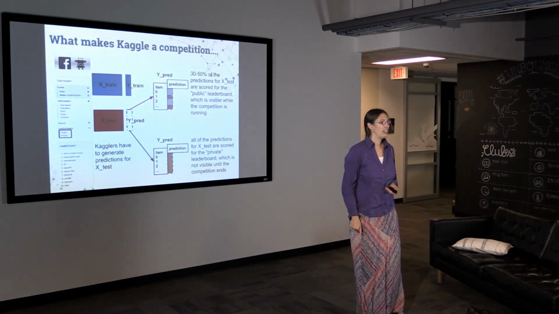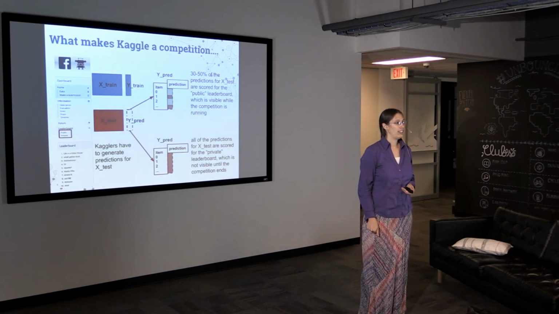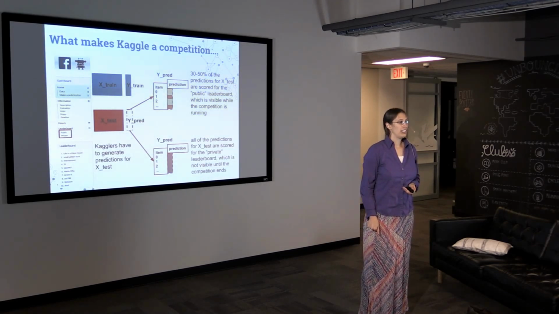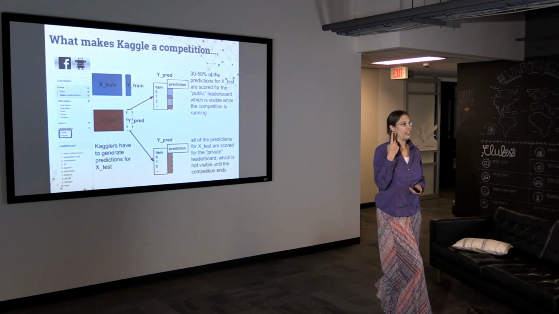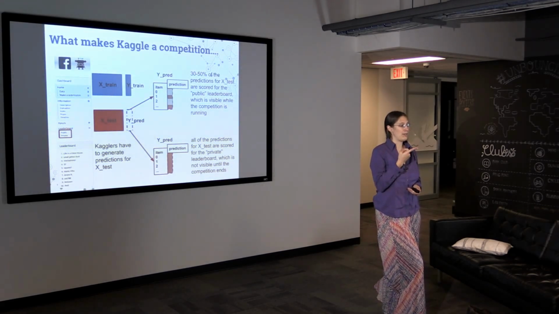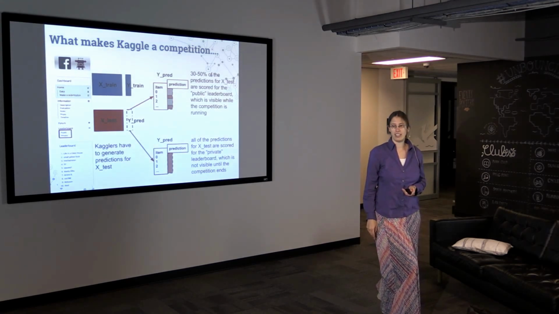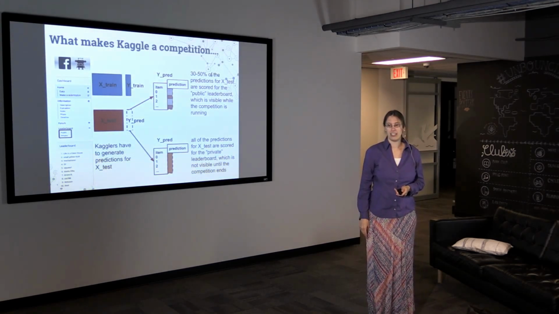Question? They don't actually have a third data set? So the question was, there's only two data sets. There's a training data set that has the labels, and then there's the test data set that doesn't have the labels. No, there's the third, which is their set that you upload for the actual test one, right?